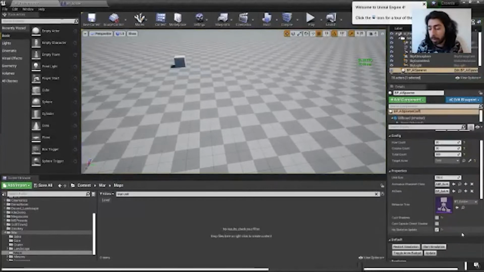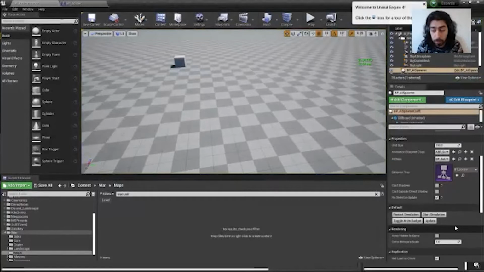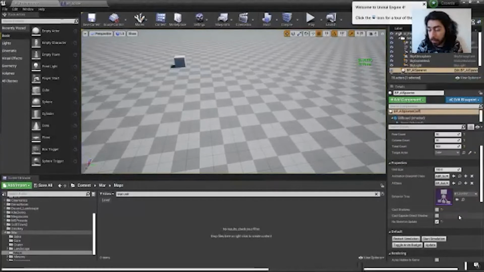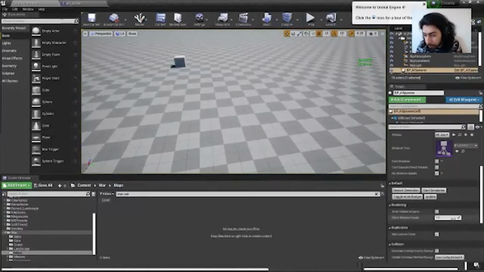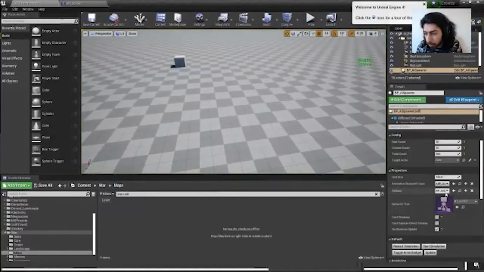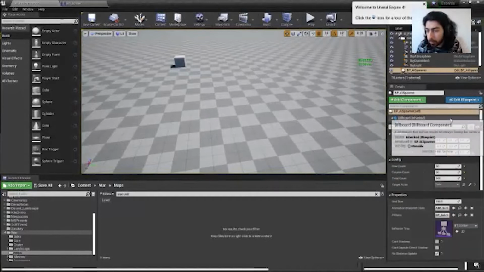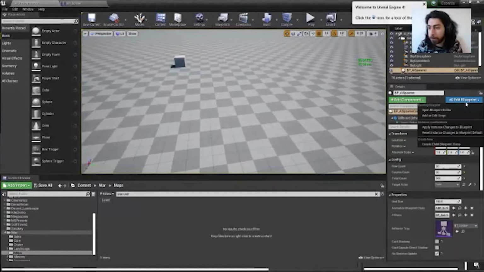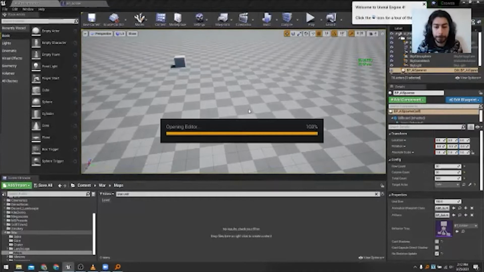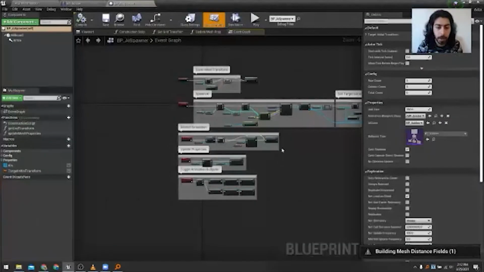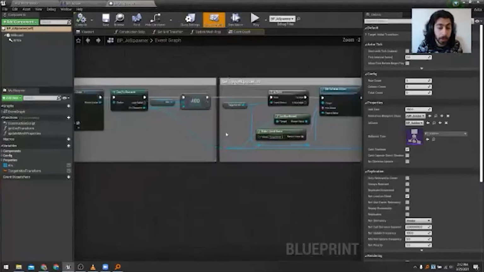That's because our bottleneck was the GPU, but also the CPU. So another thing we can disable is the movement component itself. One second. I'm going to open this blueprint, the one that is spawning them. And this is where I'm actually accessing the AI properties.